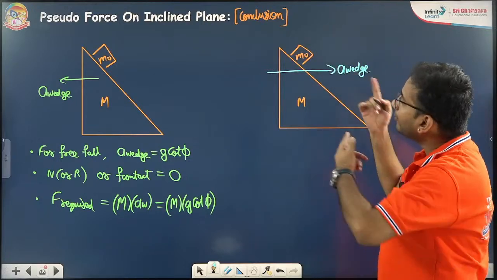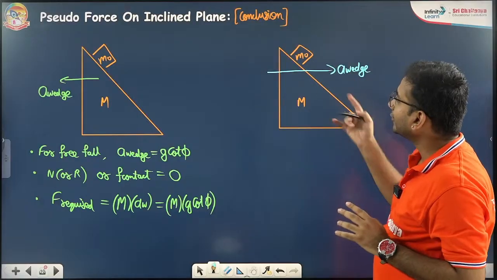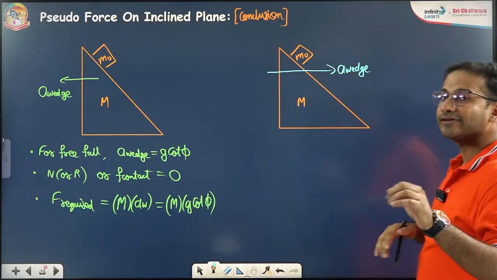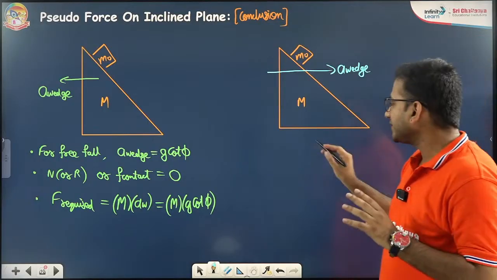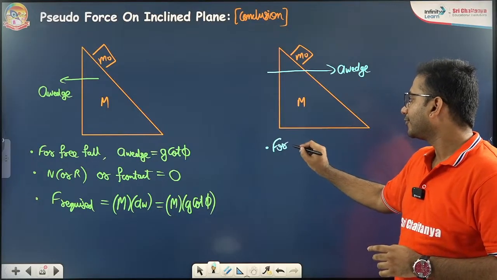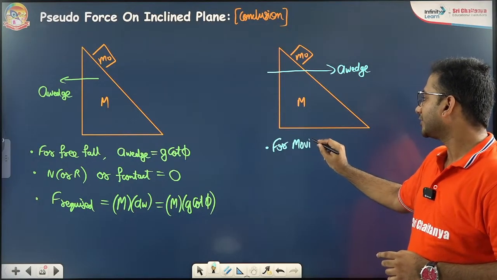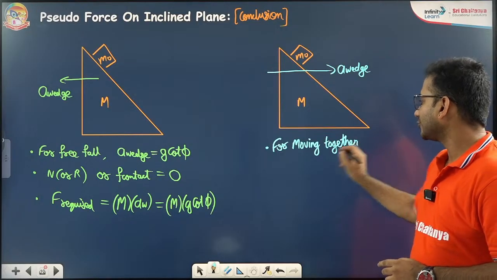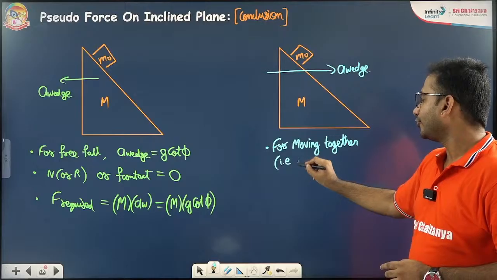But if you don't want the block to slip neither upward nor downward, which means you don't want any of them to be the winner and any one of them to be the loser, then for sticking together, for moving together, that is the no slipping condition,